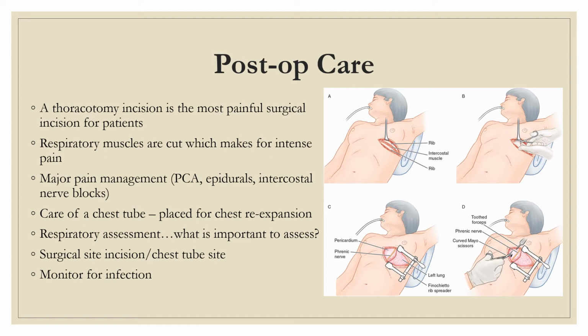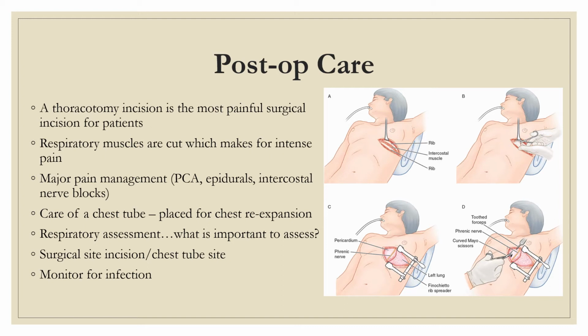So we want them to have pain medication to practice coughing and deep breathing, working on splinting with the patient, working on the incentive spirometer. We also want to monitor their respiratory rate. What's their work of breathing? What's the O2 sats? How do their breath sounds sound? Can we get a sputum sample? Are they coughing up a lot of sputum? What's the color of the sputum? Are they coughing a lot? Is it dry?